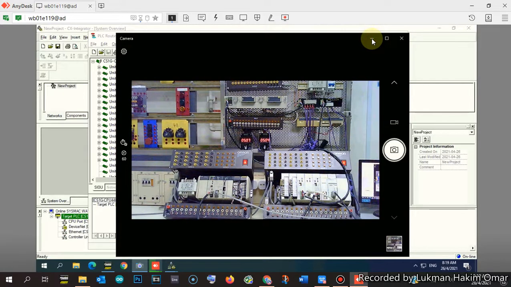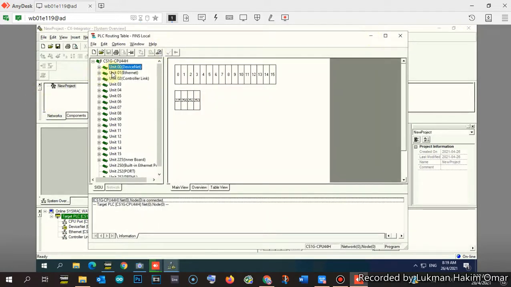As stated here, all the modules are already arranged automatically in the routing table. We have to do the routing table for each of the modules.